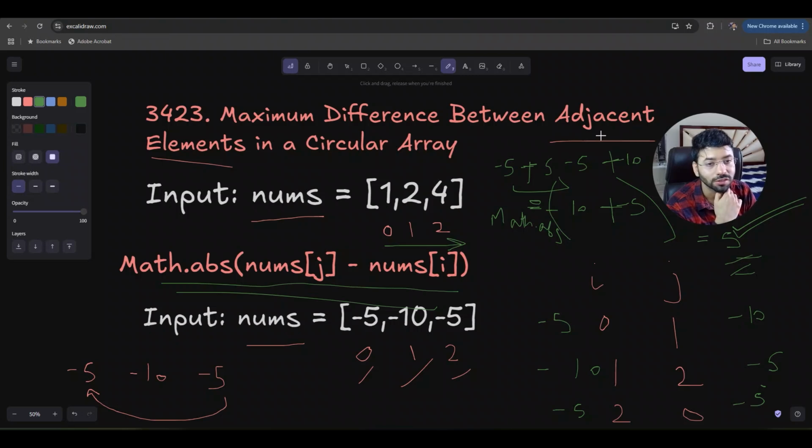One is that because it's a circular array, as it was mentioned here, you have to take one more case where the last element and the first element of the array are connected, so you need to take those as the adjacent elements. And number two, you need to take care of the absolute difference, so you will use either the Math.abs function,